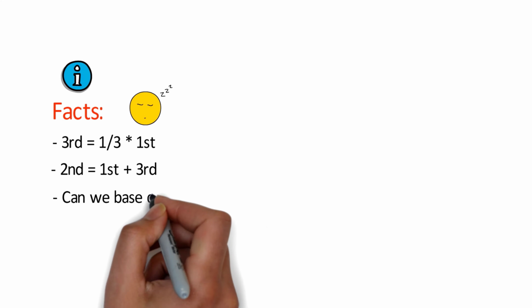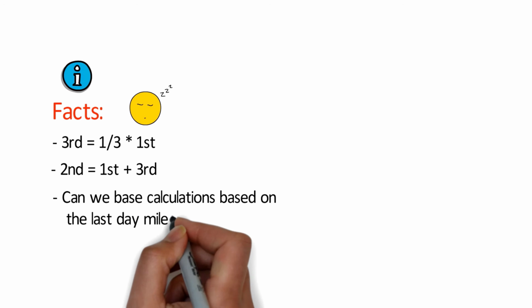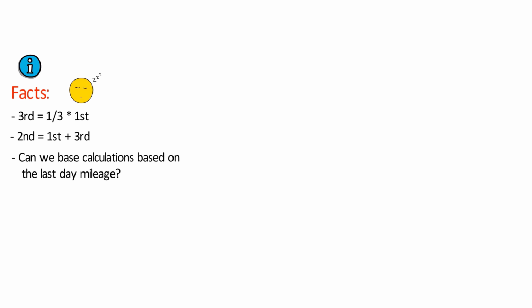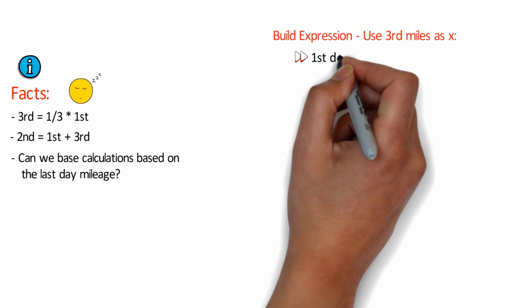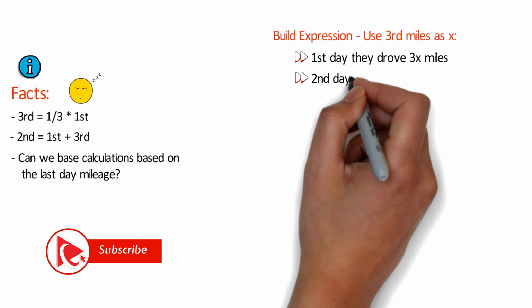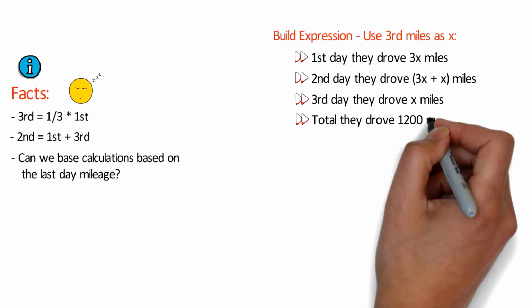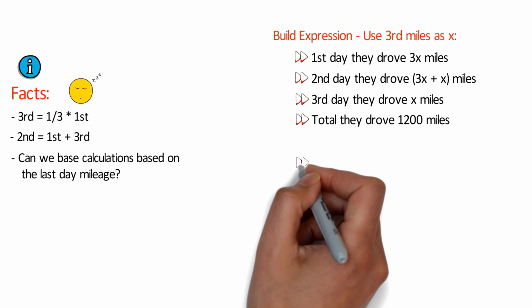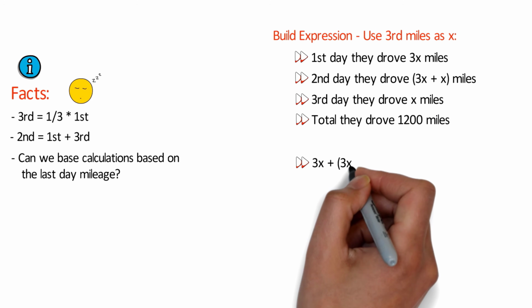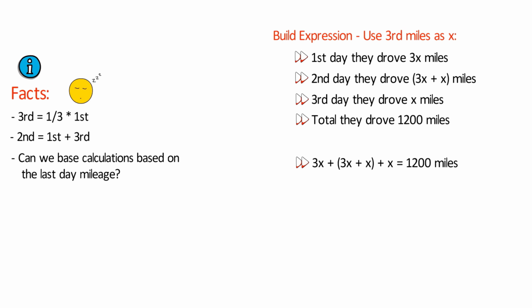So what's interesting here, can we base our calculations off of the last day mileage? What I mean by that is, can we use the third day miles as x in the expression we're trying to build? Based on this information, on the first day, they drove 3x miles. On the second day, they drove 3x plus x miles. In total, they drove 1,200 miles. So now we can build an expression: 3x, in parentheses 3x plus x, and then plus additional x equals 1,200